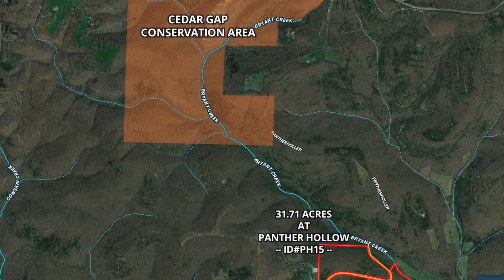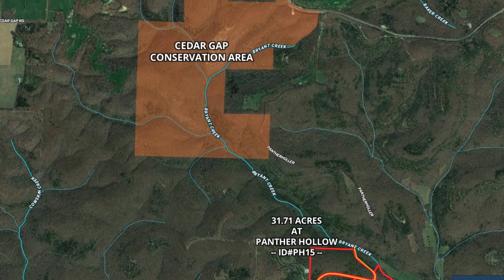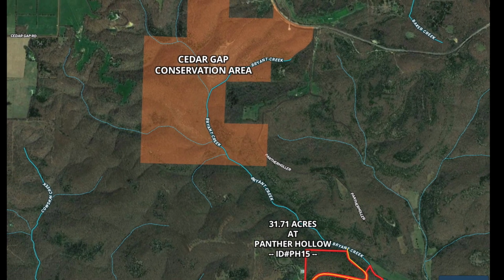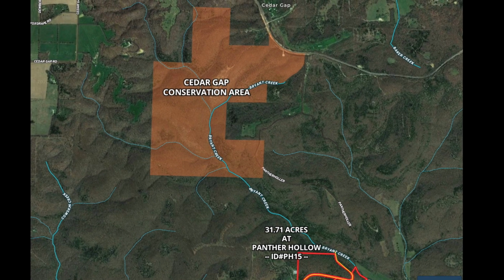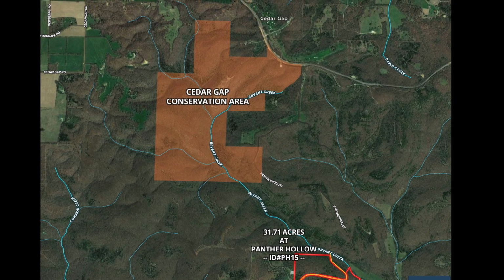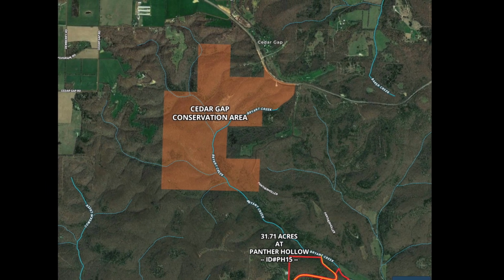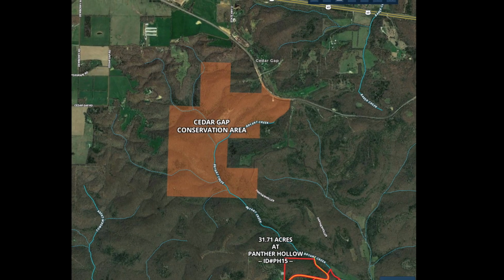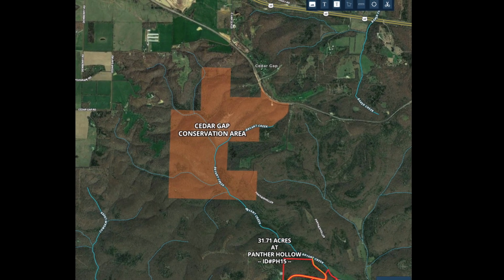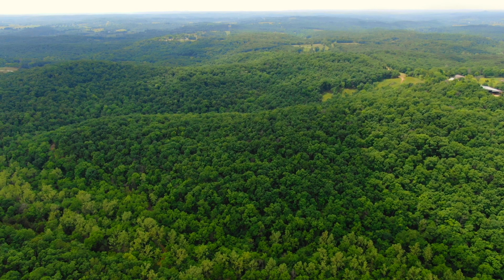Oh, here we go. There's the Cedar Gap Conservation Area, the shaded area. At the very bottom, we've got 31 acres, 31.71 acres. It is surveyed with the corners marked. As we pan out here, eventually toward the top, you're going to see Highway 60. So this is just a few miles south of Highway 60. You can go south off of Highway 60 on Highway O, take the gravel county road through the conservation area through the east side, and it goes right down to Bryant Creek, and that's where we're parked